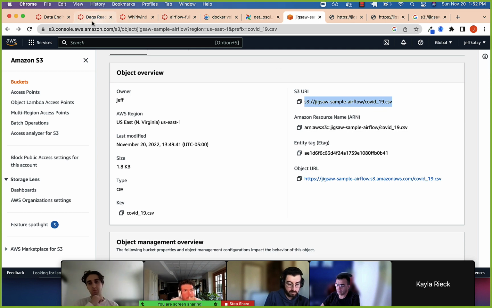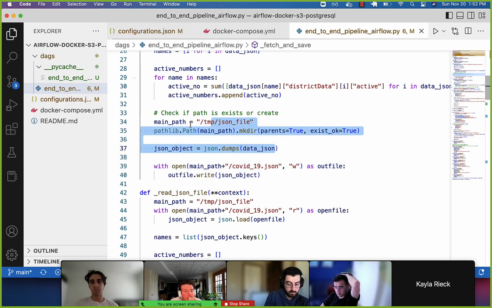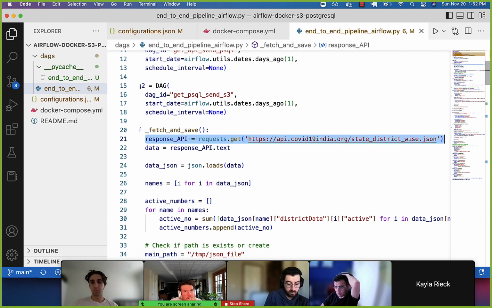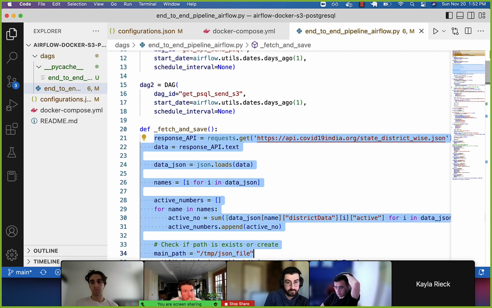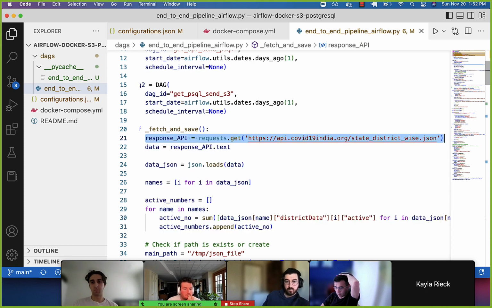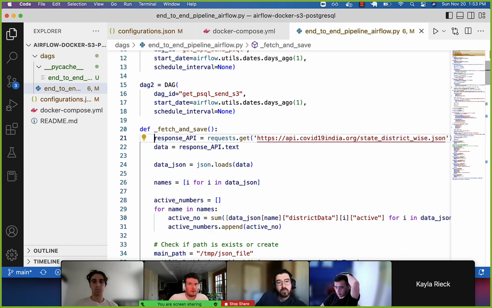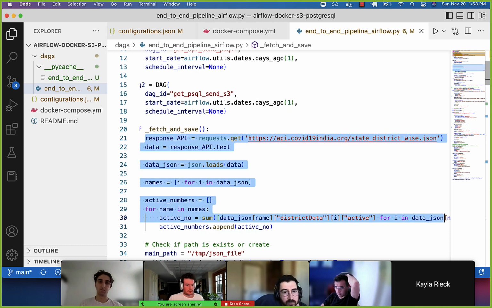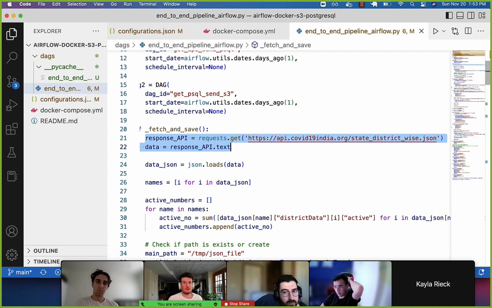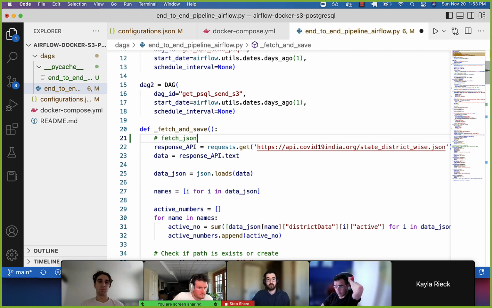And now you have a pretty good sample. In terms of how to play with this code base afterwards, I would start moving some of this. Remember, I really don't like these long functions here that could just be run independent of Airflow. So maybe I would create a client file and start moving this. Here's really fetching my data and just returning it, right? So I could just call fetch JSON. And here's my response,